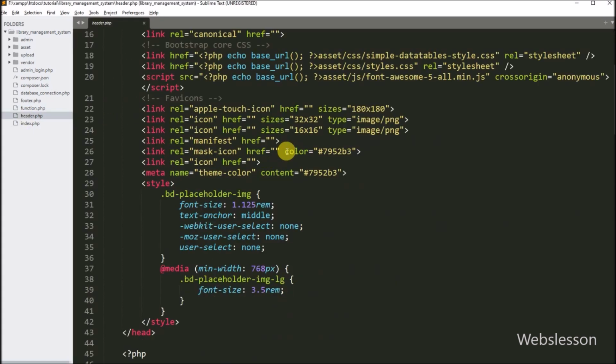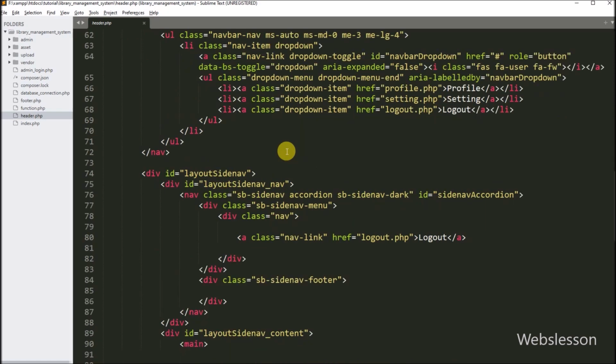under the admin area. So for this, we open the header.php file. Under this file, we create an anchor tag with class equal to nav-link, and in the href attribute we write the category.php file, and in the anchor text we write Category. So by clicking on this link, the admin can access category data.